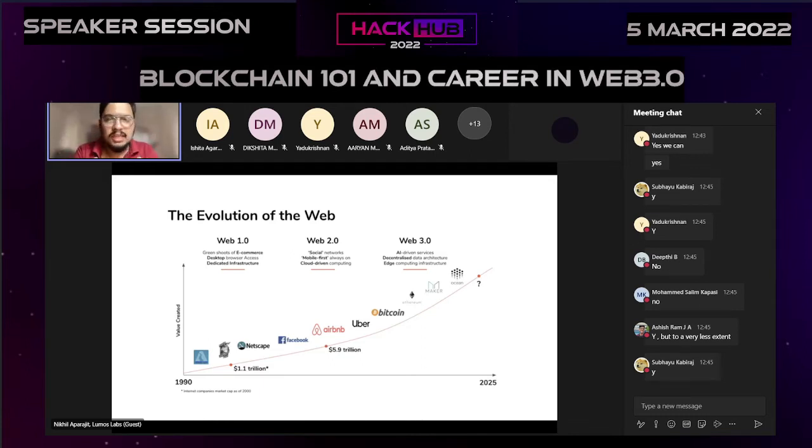I don't know if anybody is old enough to remember this, because I don't think so. But the very initial phases of the internet were filled with HTML based pages. You remember those websites with only HTML code. Now you guys as computer science engineers might know these pages. So Web 1.0 was basically a collection of internet pages with information that was just written on pages and people could access that information, right? That was a true sense of decentralized internet because it was just information available for users